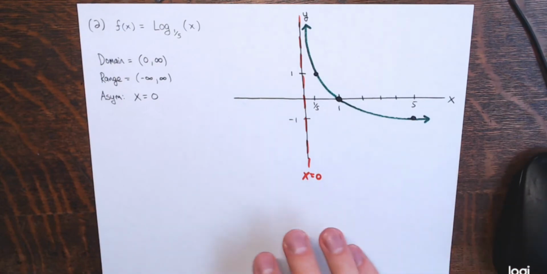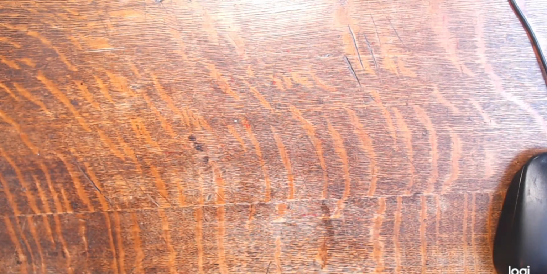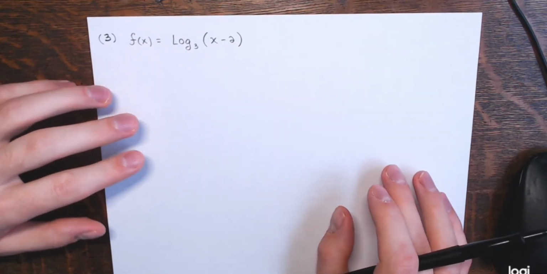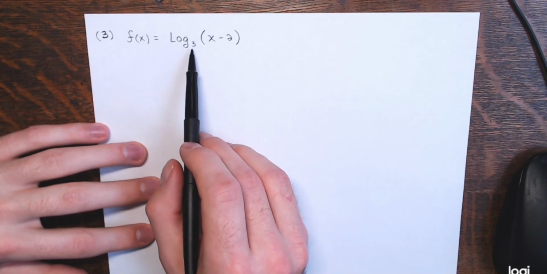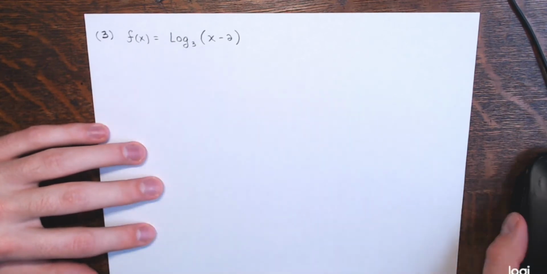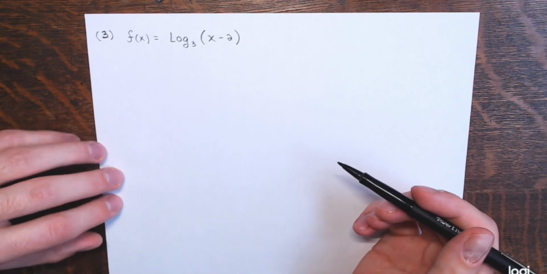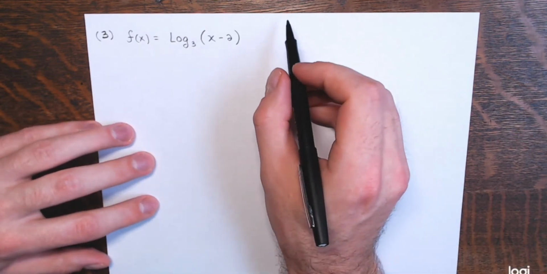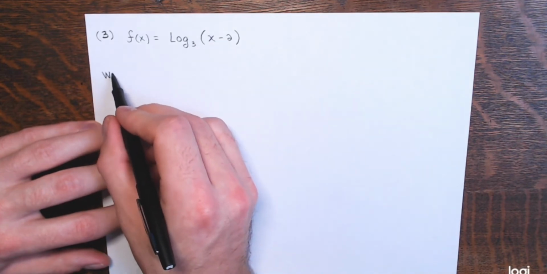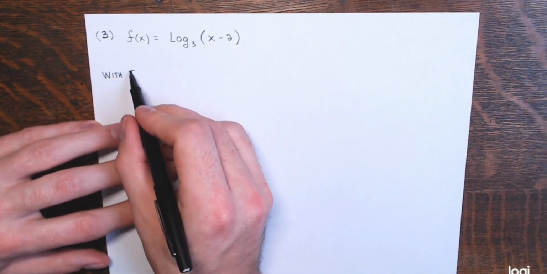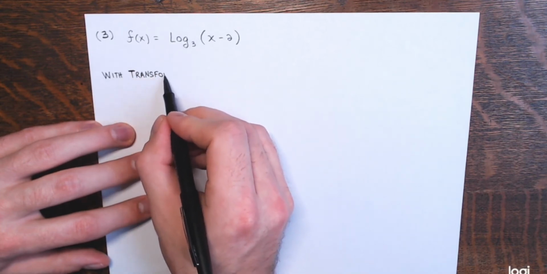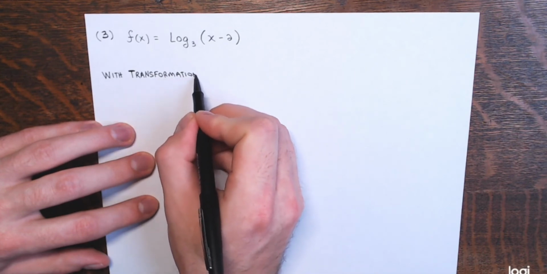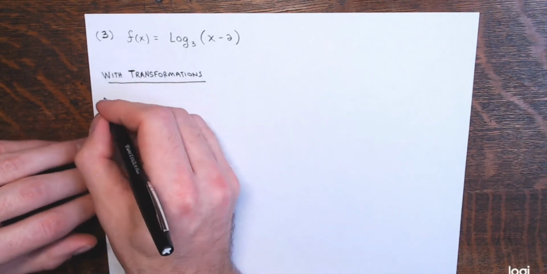Great. Alright, so now we start getting into functions that are not the basic logs, but we can very easily get a transformed version. So number 3 here, f of x equals the log base 3 of x minus 2. So I'm going to graph this in 2 different ways. One is with transformations, starting with one of the basic logs and then moving to this. So with transformations, we would start with